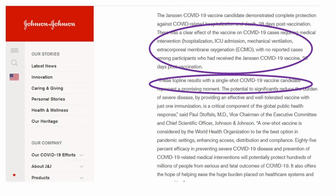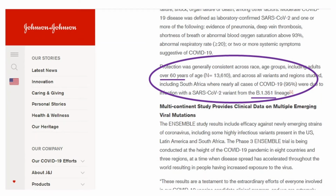Important things to note here is that we need only one shot of this vaccine, which is great. Whereas most of the other vaccines require double the dose, at least we can save a dose with this Johnson&Johnson vaccine. This vaccine is protective even in individuals over 60 years of age and across all variants and regions, including